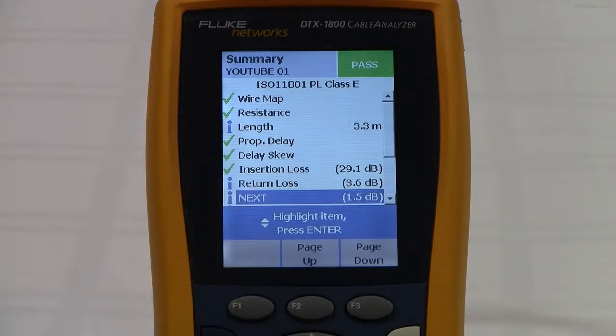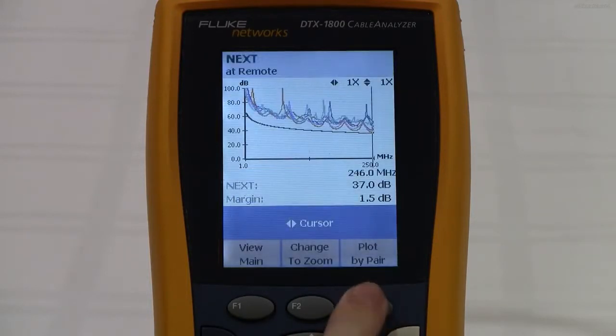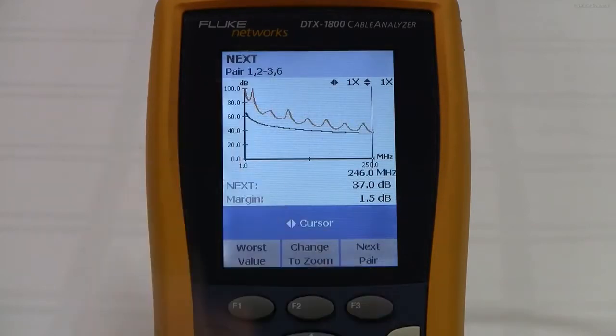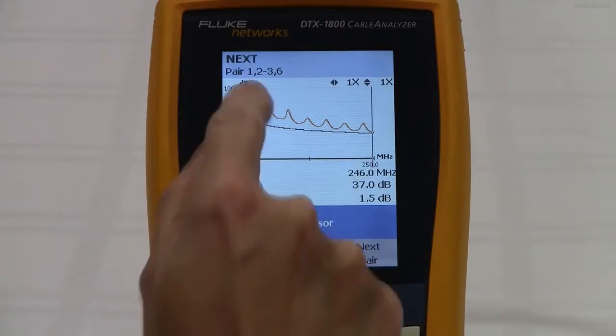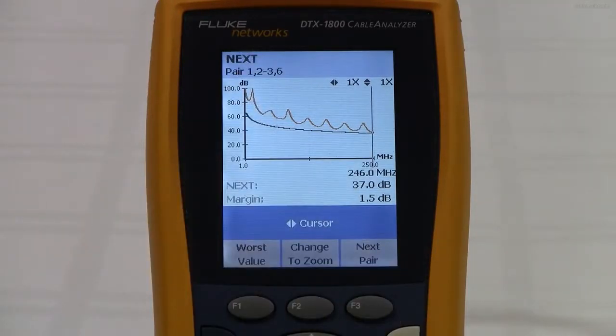We see the same for return loss as well. That's the 3dB rule, which I've already covered in a previous video. Let's go and look at the worst performing pair. Pair 1236. Now what the standard says is that every frequency point for insertion loss on 3.6, we need to